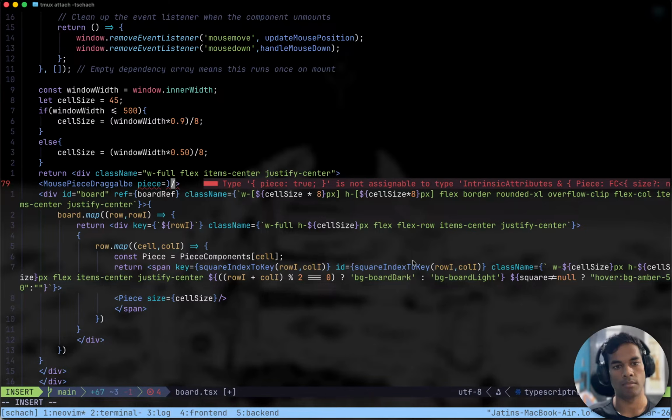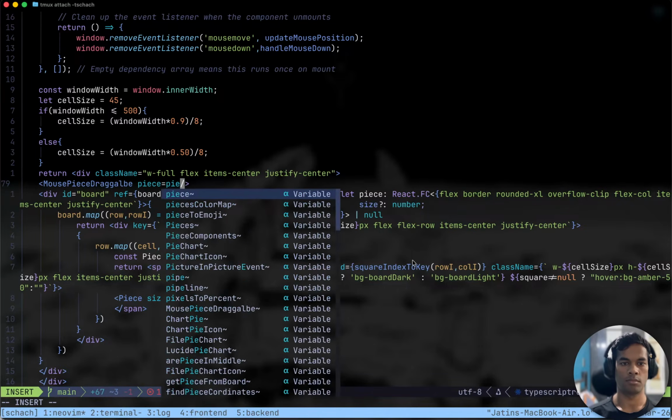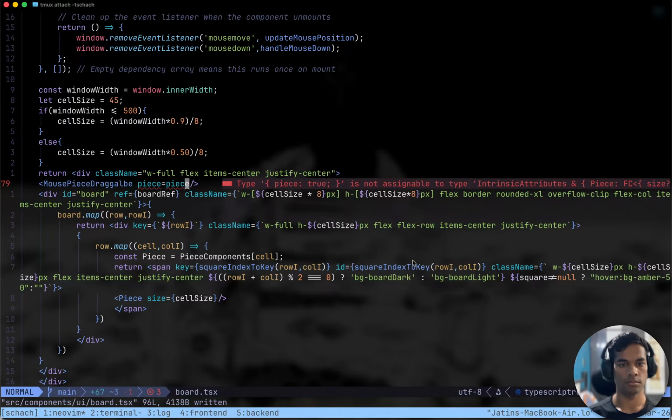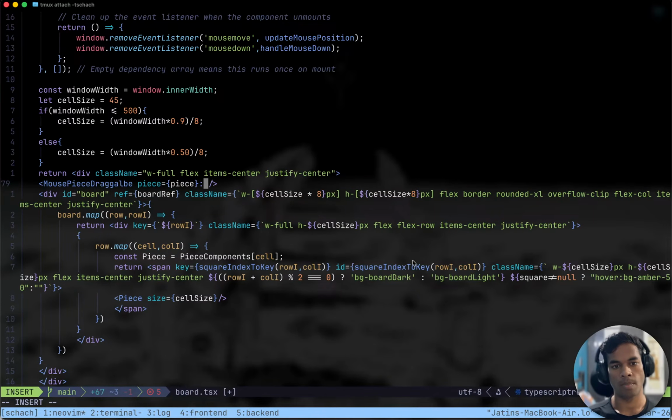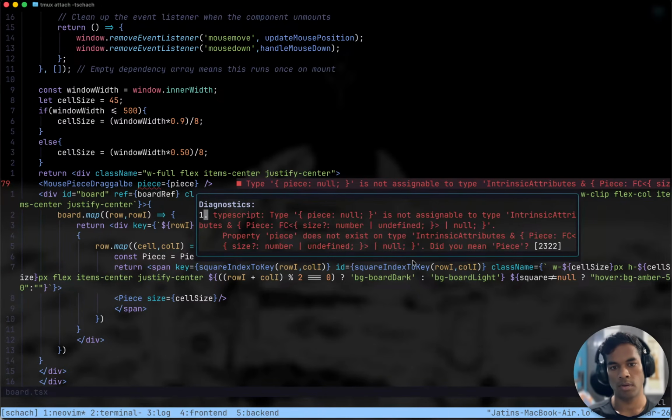Type piece null is not assignable to type piece. Null is not assignable to type number, undefined, or null.